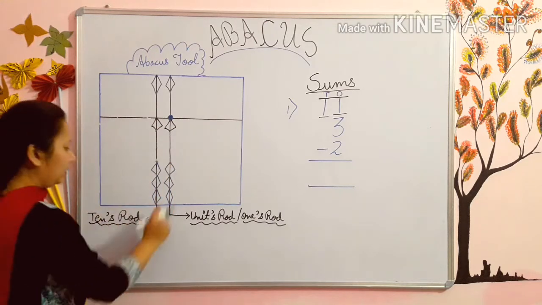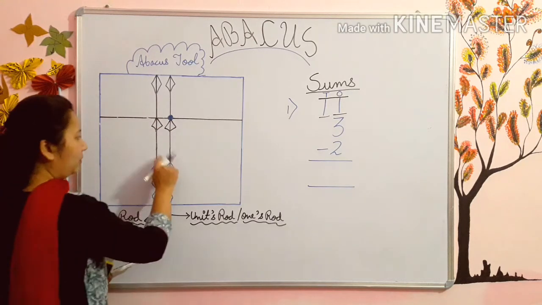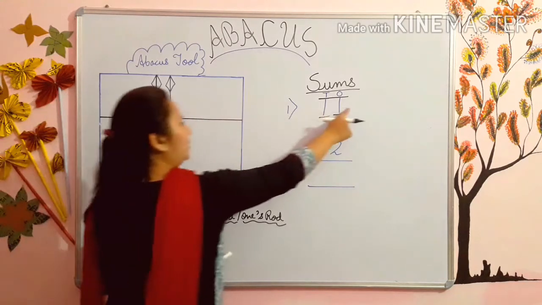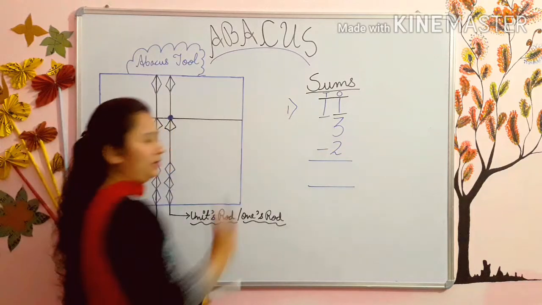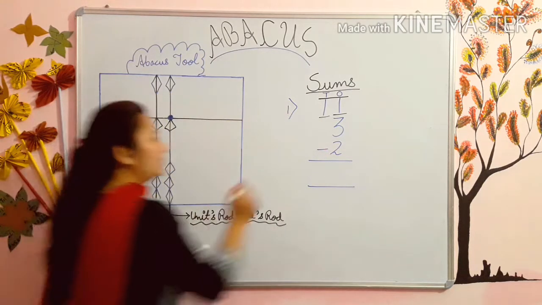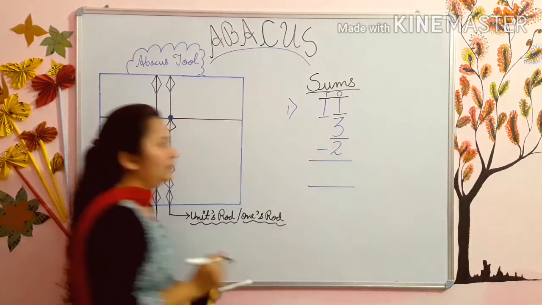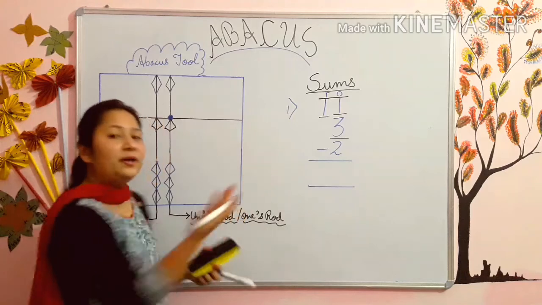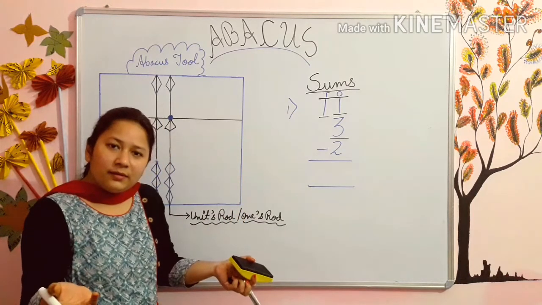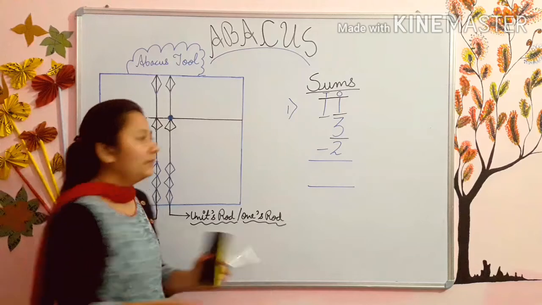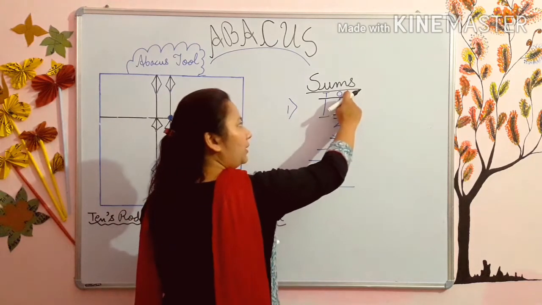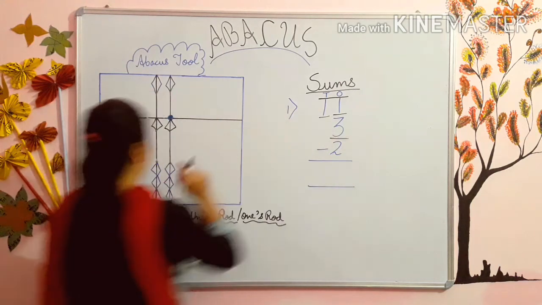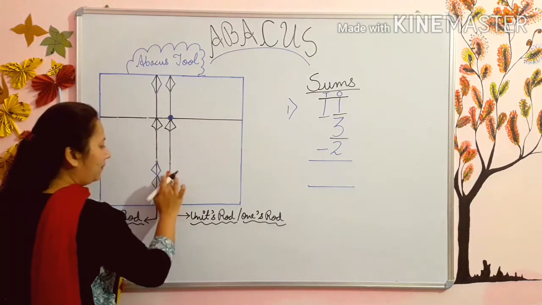See, this is tens rod. So put the 1 bead up and you have added. See, 1 in ones rod, 1 in tens rod. Now you can see that there is only 3. There is no number for tens rod. So nothing, you have to do nothing. See, 3 you have to put in ones rod and no sign means add. So 3 means 3 beads up.